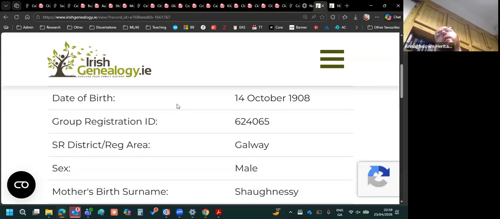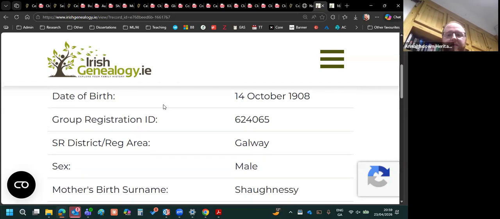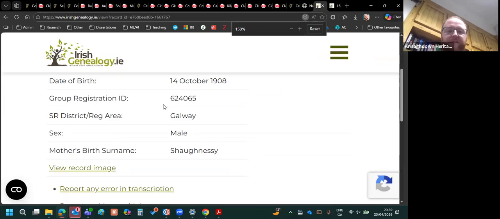When do you expect they will finish the other records? Don't know. They haven't announced it yet. But it's the same as the civil records. When are they going to arrive? We don't know. Hopefully the end of the year now. So at the end of the year, yeah, for the civil records, but the census, I don't know.